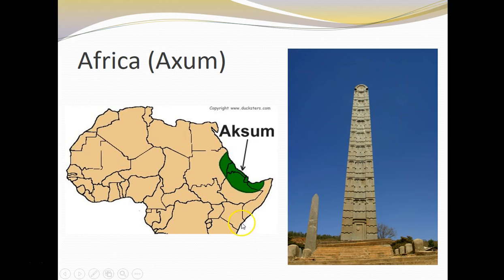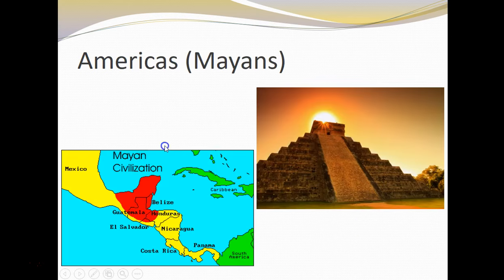Down along this coast here, even stretching further, there were these Swahili city-states that controlled the trade of the Indian Ocean. Those were Muslim. We talked about the Americas. You'll remember the Mayans, based on the Yucatan Peninsula. They were especially known for their writing, for their astronomy, complex religion, the step pyramids, which was part of their